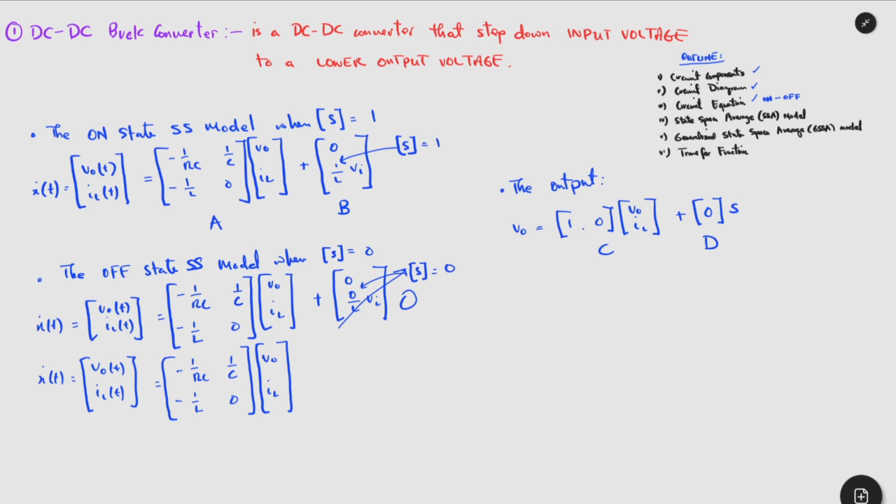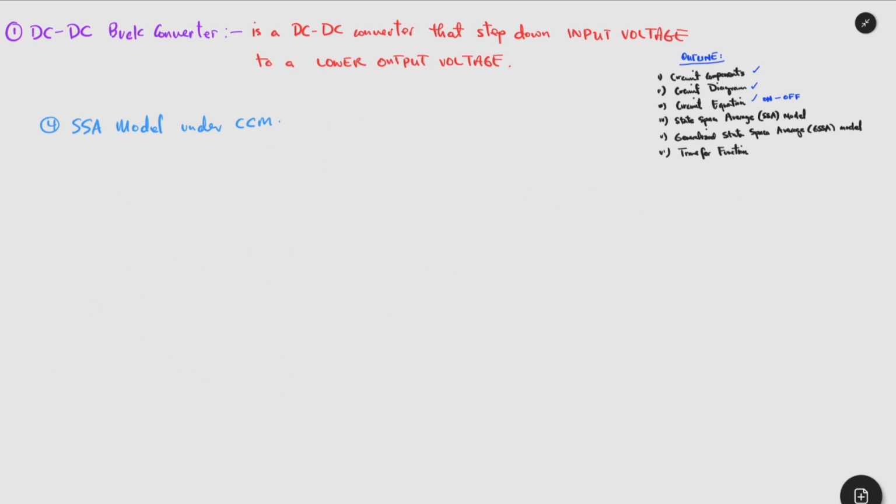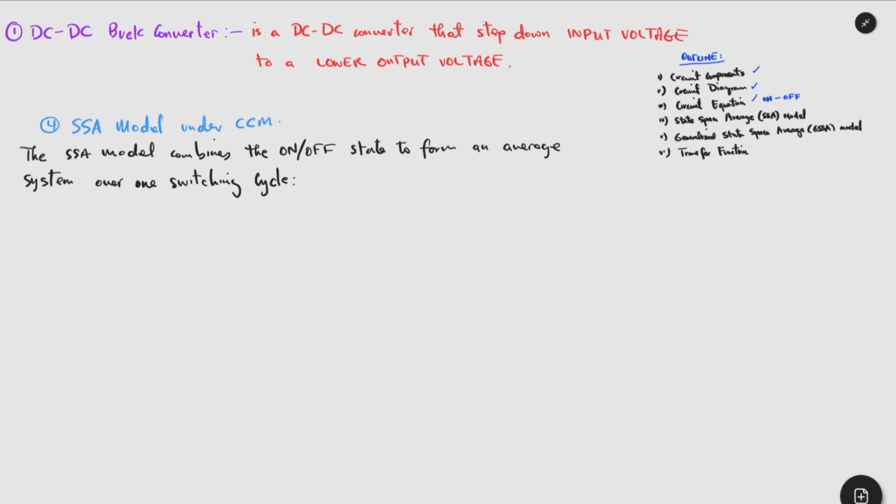So we are now going to look at the state space average model with the continuous conduction mode. This state space averaging model combines the on and off state to form the average system over a switching cycle. So the state space average model combines the on or off state to form an average system over one switching cycle. So we can say that the SS equation becomes,